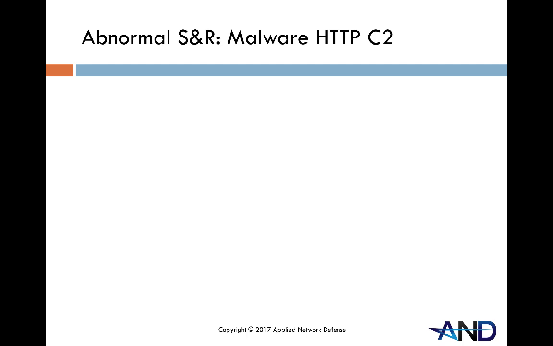We're going to get even more into security later with a dedicated section, but we're going to talk about a couple security-related abnormal SNRs that you'll see for HTTP, starting with malware C2. So when I say C2, I'm talking about command and control. And in this case, I want you to put yourself in the shoes of an attacker. You've infected a system with a piece of malware, and you need to communicate with that system via the malware,